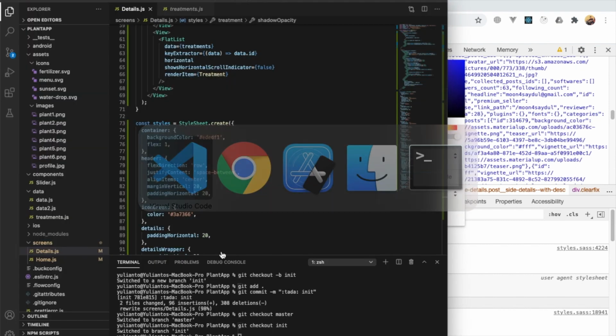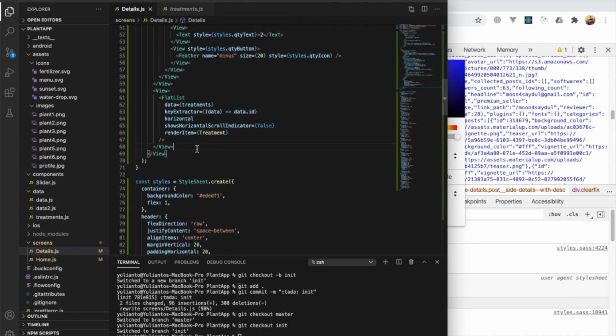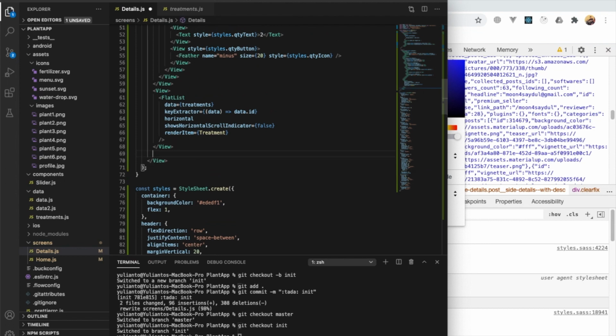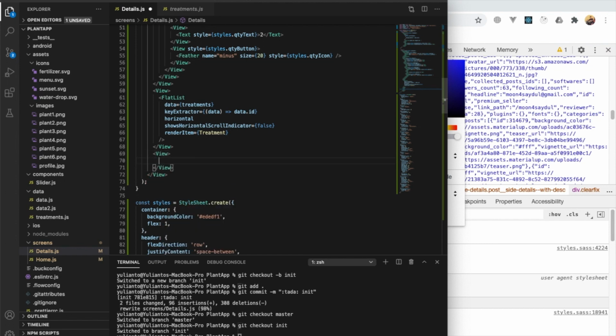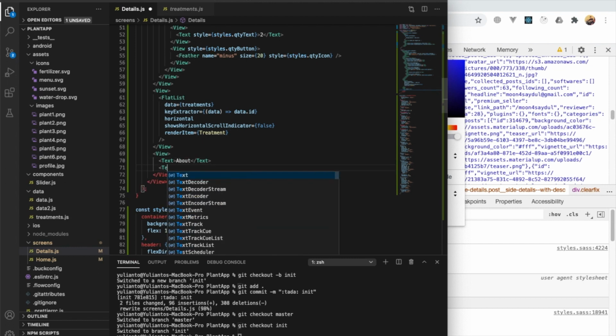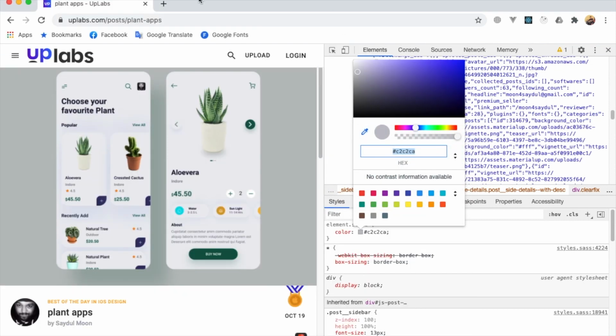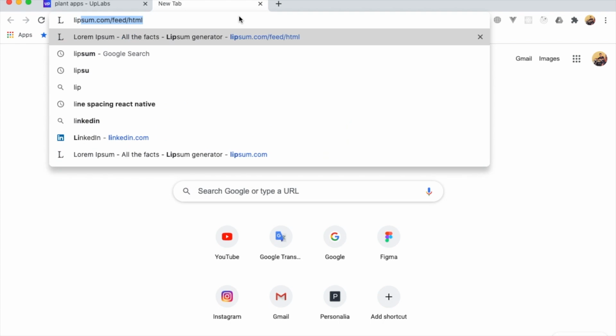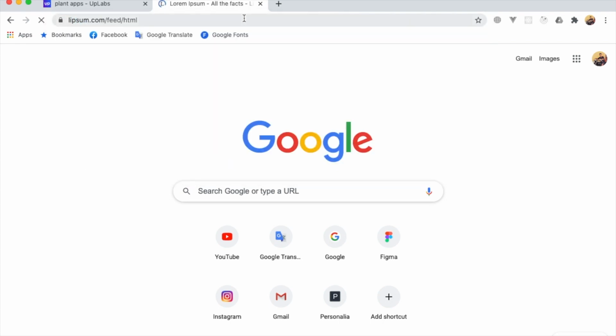So down here we're adding another view, and a text, and the text will be about, and down here put another text, and the text is, I'm gonna search random lorem ipsum text,